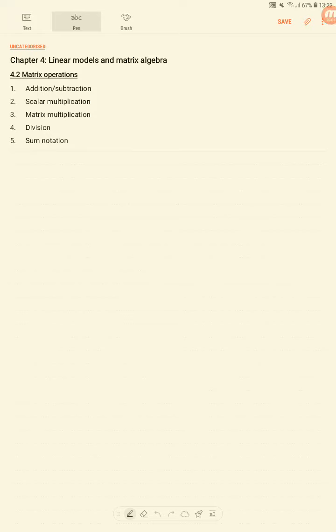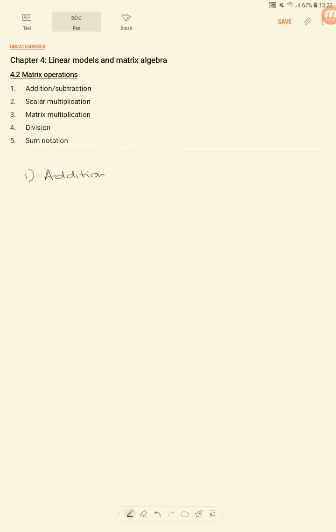In this video, we continue with Chapter 4 on linear models and matrix algebra, specifically looking at matrix operations. First, addition and subtraction. Second, scalar multiplication, matrix multiplication, division, and the sum notation. So first,